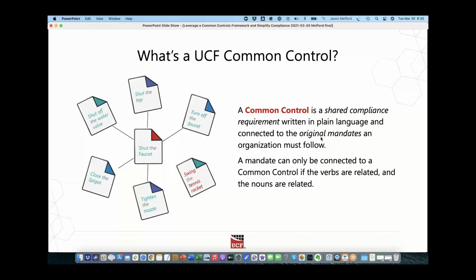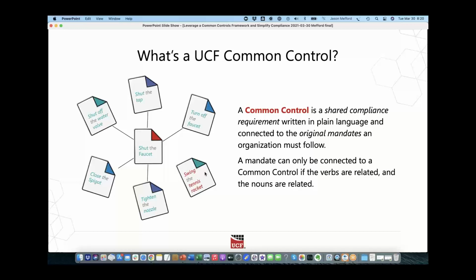Because again, if you remember, one of the challenges people have is being able to know that the particular control they're doing actually meets the mandate. And so what you can see here is around the outside, we've got turn off the faucet, shut the tap, shut off the water valve, close the spigot, tighten the nozzle, and swing the tennis racket.